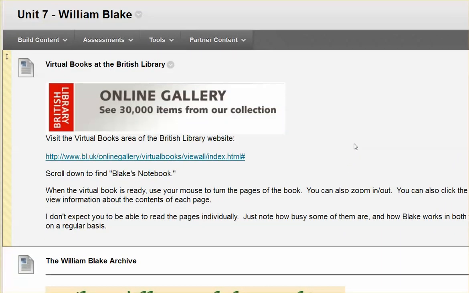So the Unit 7 assignment is partly just, like I said in class, immersing you in the world of William Blake's poetry and art. And again, he was a really interesting character in the sense that he was a writer, but also a visual artist. He made his living, such as it was, doing engravings for illustrated books.